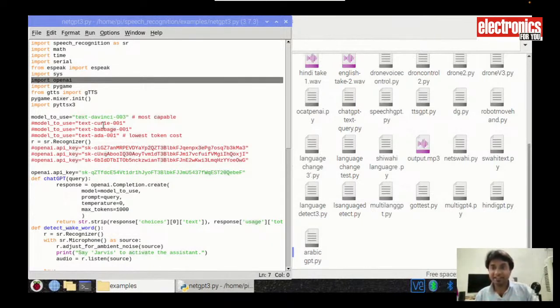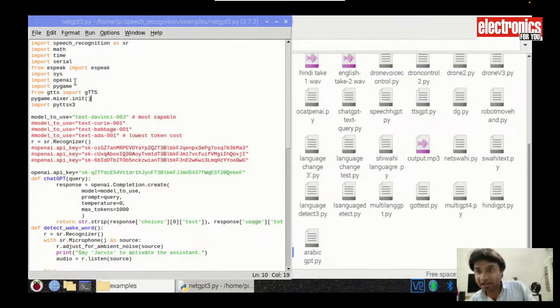में मदद करेगा। जैसे कि अभी नया मॉडल है टर्बो 3.5 या कुछ ऐसा, और उसका पुराना मॉडल है डाविंची 0 या क्यूरी, बैबेज, एडा। There are lots of ChatGPT models. तो आप कोई भी मॉडल इसमें यूज कर सकते हो और एपीआई से कनेक्ट कर सकते हो। चैट जीपीटी एपीआई के द्वारा चैट जीपीटी से कनेक्ट कर सकते हो। इसके लिए हमें ओपन एआई की लाइब्रेरी को इंस्टॉल करना पड़ेगा।